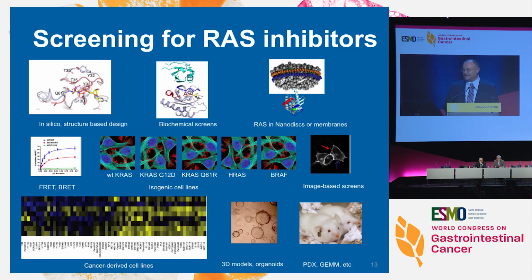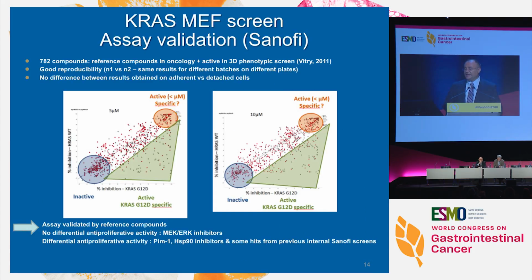So in the NIH initiative, there have been incredible progress made to establish preclinical models, and you can see them all here, to really identify new compounds in order to treat mutant RAS patients. One of these assays is actually the MEF assay, the mesenchymal embryonal fibroblast screen, and you can see these are done with Sanofi compounds and basically showed that MEK and ERK inhibitors did not do very well. Again, you now know the redundancy of this pathway will not allow very successful inhibition.